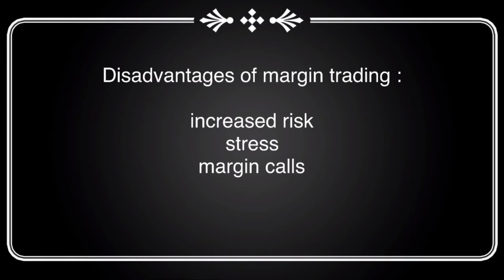Second one is stress. Some traders can't handle the stress of having too large of a position open because of the fluctuation in their unrealized profit or losses is too big, and this makes them take irrational decisions. Letting your emotions get in the middle of your trading decisions will make you lose money in the long term. If you can't handle big fluctuations on your P&L, then you should start with smaller position sizes.